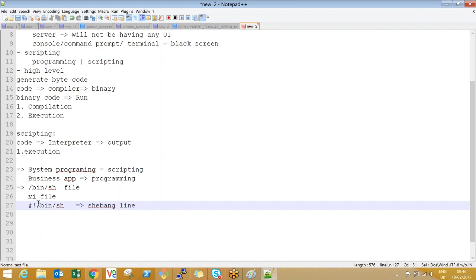See, if it is shell scripting, it is this one, okay. If it is Perl scripting, it is something like the path of Perl, I don't know exactly the path of Perl. If it is Python, it is the Python path. So what will happen is, when this file is executed, by default it interprets this line, okay. By interpreting this line, it comes to know which shell we are using at the moment, okay. And again, every operating system will have a default shell for sure, okay. So it is not mandatory to provide this, okay.